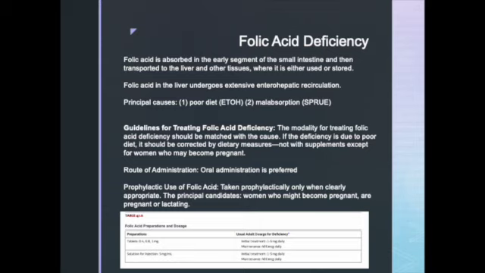What are the causes of folic acid deficiency? It's principally either poor diet, and usually this is because a patient is abusing alcohol. And then secondly, it's going to be malabsorption. That's because of intestinal diseases. With our patients with alcohol use disorder or